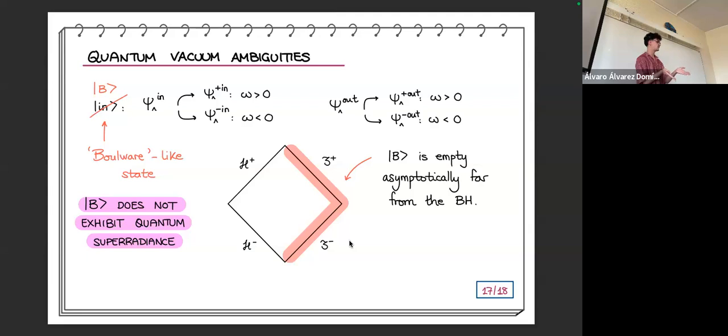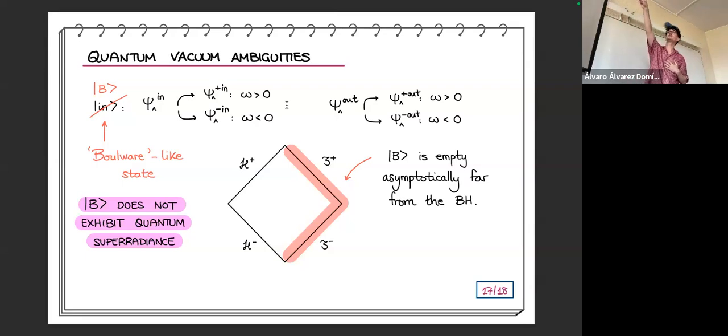Do you remember the splitting of the modes that I mentioned before? Okay, let's do another splitting. Here I choose another one. So instead of choosing the in basis or the out basis, I'm going to choose the in and out basis. They are not an orthonormal basis, but everything works fine if you do some changes, and that's what I refer to you here.